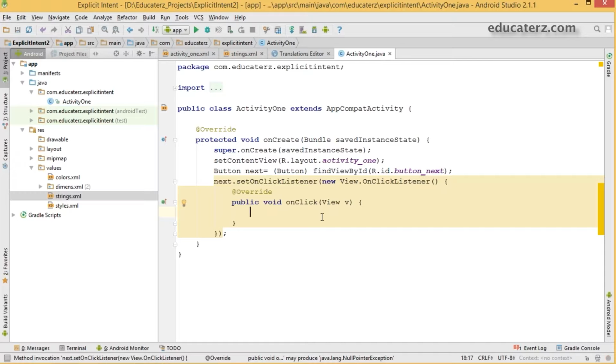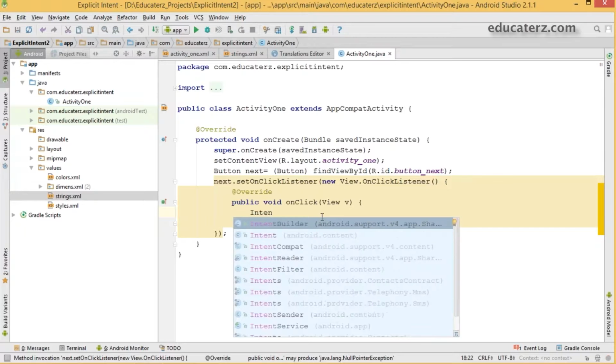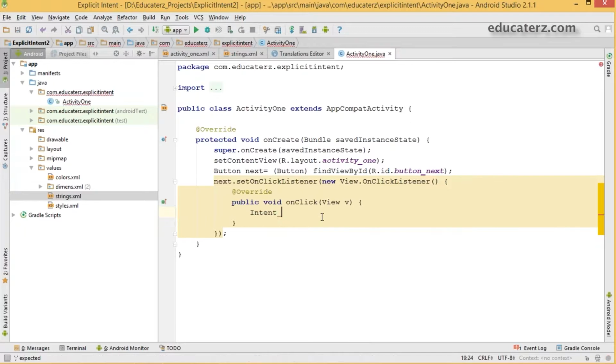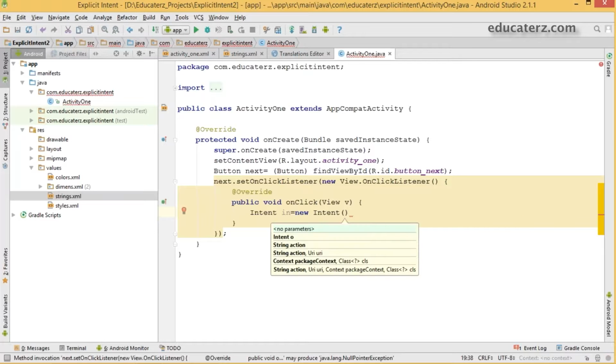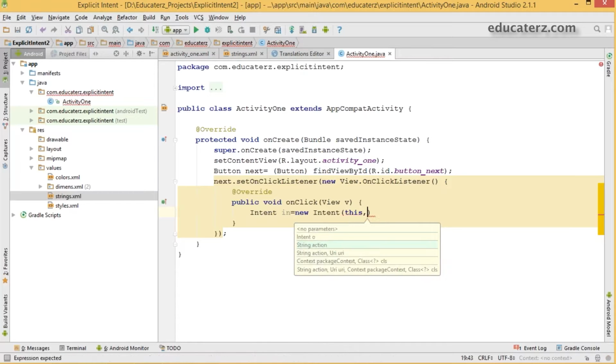Now, I'm going to create an intent. As we discussed, we are going to create it through the Intent constructor. So Intent in is equal to new Intent of. The first parameter is going to be the context. That application context, you can take getApplicationContext or this, or your class name dot this, like Activity1.this. And the second parameter is your target.